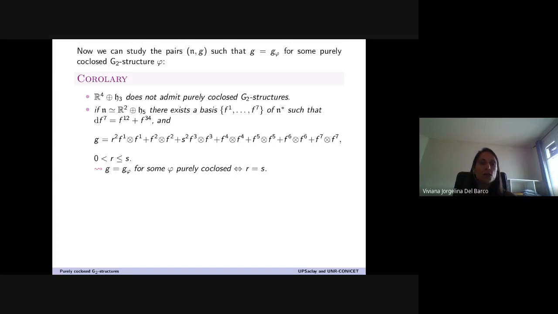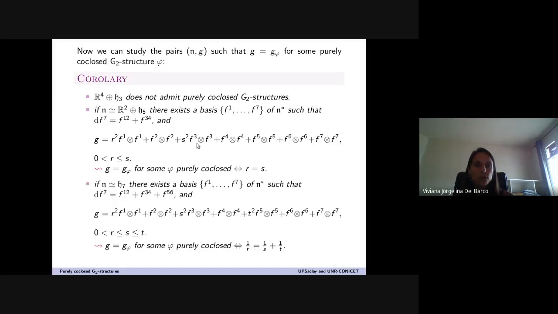Also, you can see for R2 times H5 that any metric can be expressed in this form. If you have the Lie algebra which is isomorphic to this one, then the metric can be written using the parameters R and S, and any such metric is going to be induced by a purely co-closed structure if and only if R equals S. Notice R and S are in F1 and F3, and for H7,